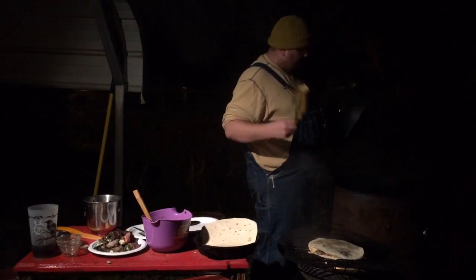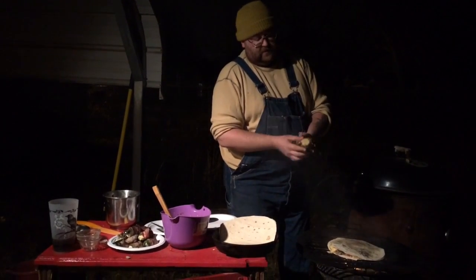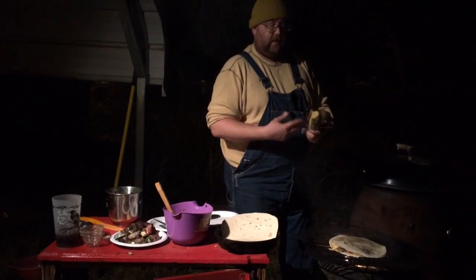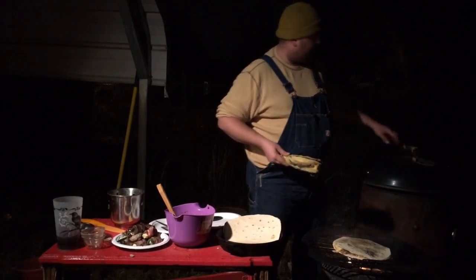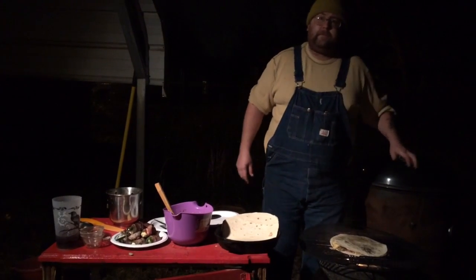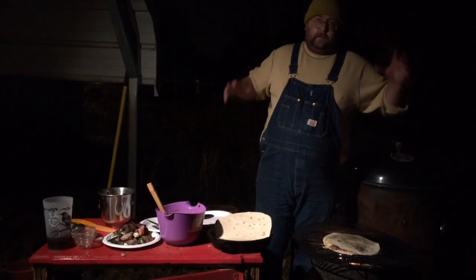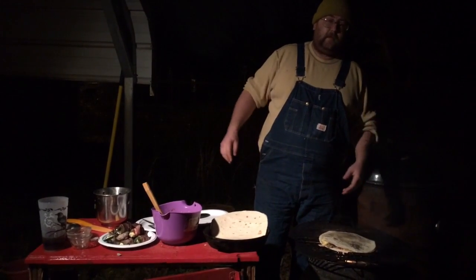Corn. Way you cook corn on a grill, I like to cut that end off, shuck it a little bit, and put it on there, and it gets all that smoke flavor in there. Char it just a little bit, put a little butter on there, and it's good. But it's time for us to pack it in because it's getting moister and moister, more moist, whatever that terminology is,